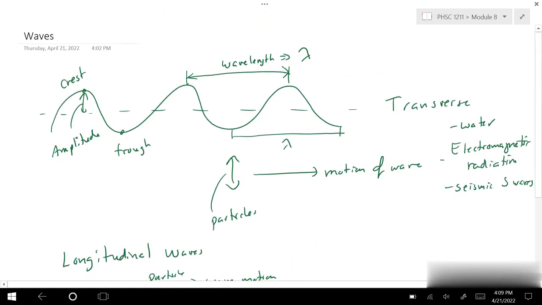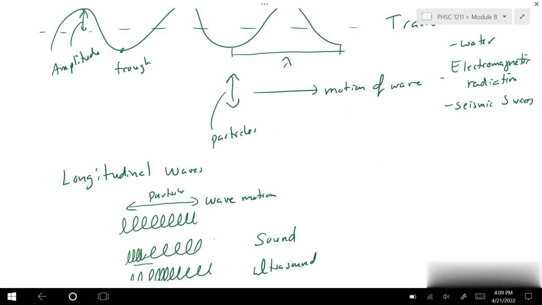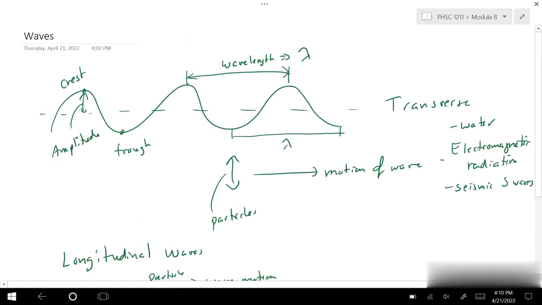So let's go back and look at how we're going to look at some of these things. So we have these two different types of waves. The components are going to be the same. So we're looking at a wavelength type of deal. A lot of times when we talk about a wave, we talk about the number of waves going by, or the frequency of the wave, or the rate of the wave. So the frequency of the wave, this is like the number of waves per second, can be calculated using the speed,